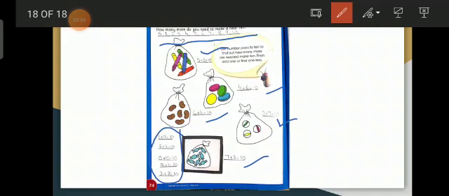1 plus 9 also gives us the answer 10. 8 plus 2, when we add it, the answer will come again 10. 0 plus 10 gives us the answer 10. 9 plus 1 is also 10. 2 plus 8 also gives us the answer 10. Okay, there I have written more combinations to make 10.